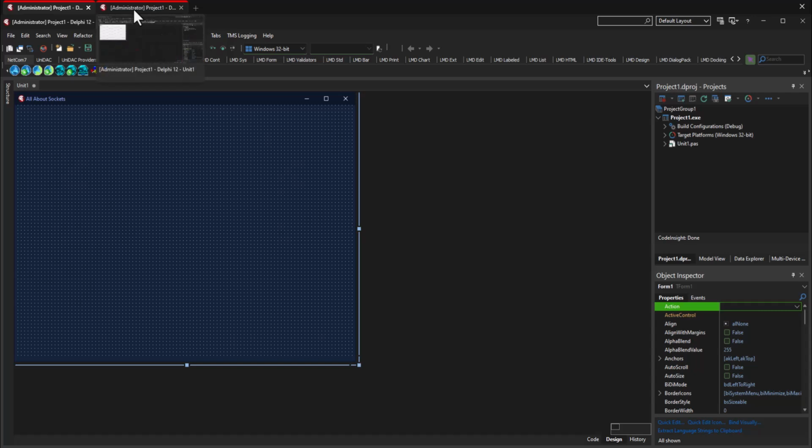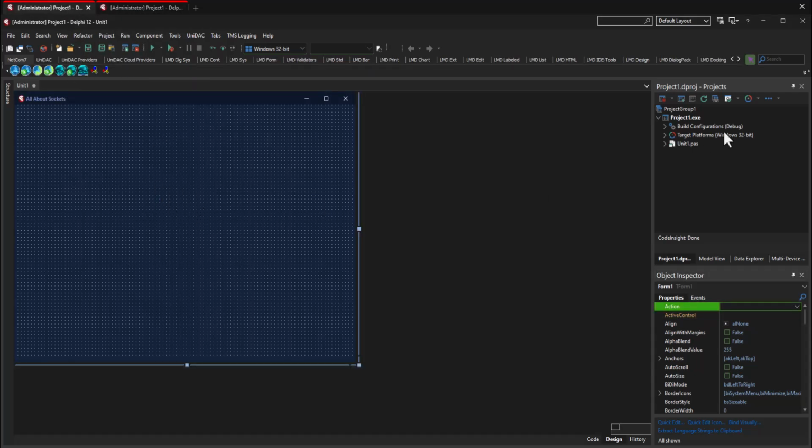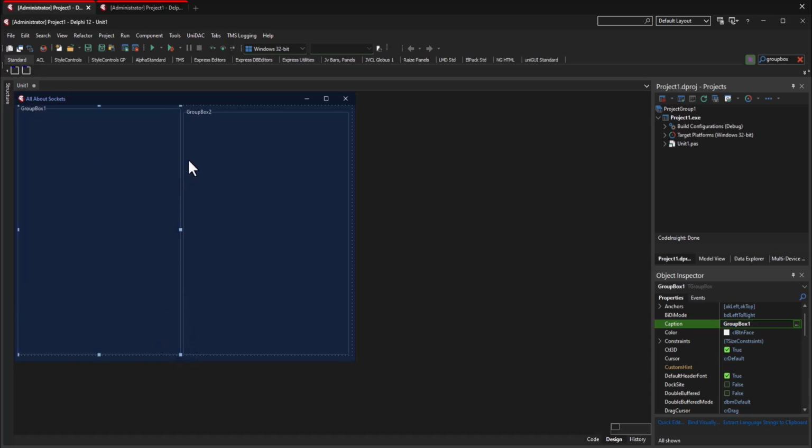That way I don't have to use two Delphis and actually program this. I'll try to separate everything out where you can really see it. So let's just make two group boxes real quick like I did before. Probably should have just left it on there. So this will be group box 1 and 2, and we will put this up there. This will be client, and this will be